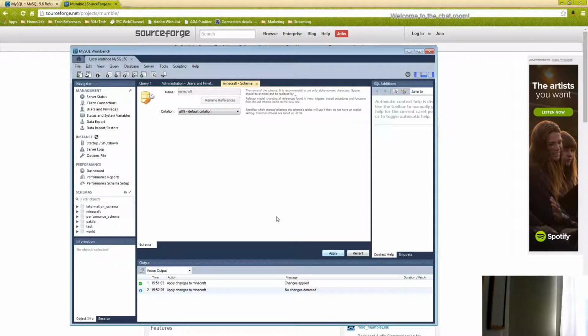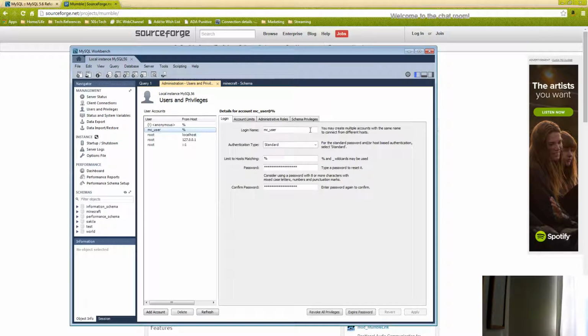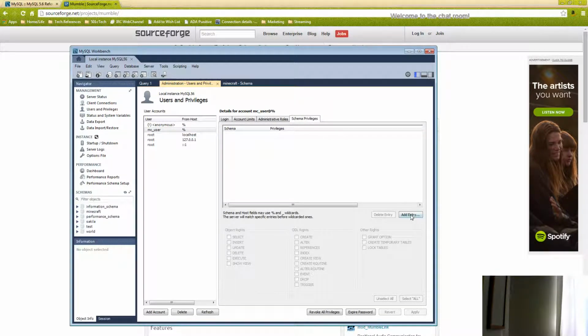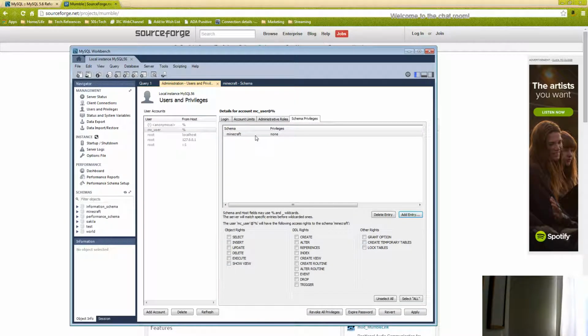Make sure you apply it. And then go back here and go back to your UMC user account, then go to schema privileges, then go add, and then you want to add the schema for Minecraft. And then once you have, you're going to see, well, he has no privileges. Well, for the purposes of our thing, he's going to need to have pretty much everything. What does he not need? He does not need the grant option. He does not need create temporary tables, and he does not need the lock tables. That's for sure. But all these other things,